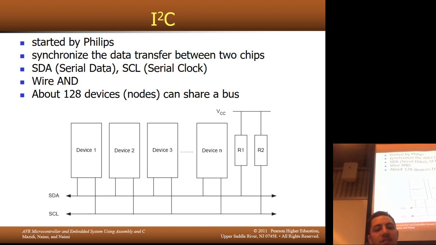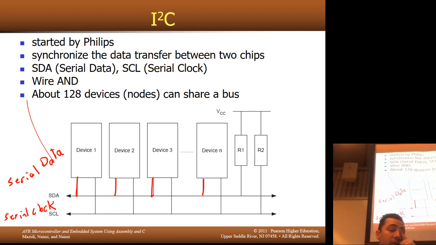So each of these devices connects up in parallel to the same two lines. One is called SDA for serial data, and the other is called SCL for serial clock. These are all serial communication streams, whether it's UART or SPI or I2C. It's all serial communication, one bit after another. Big shout out here, you must have pull-up resistors to VCC on both of these lines or nothing works. The metaphor that I keep coming back to